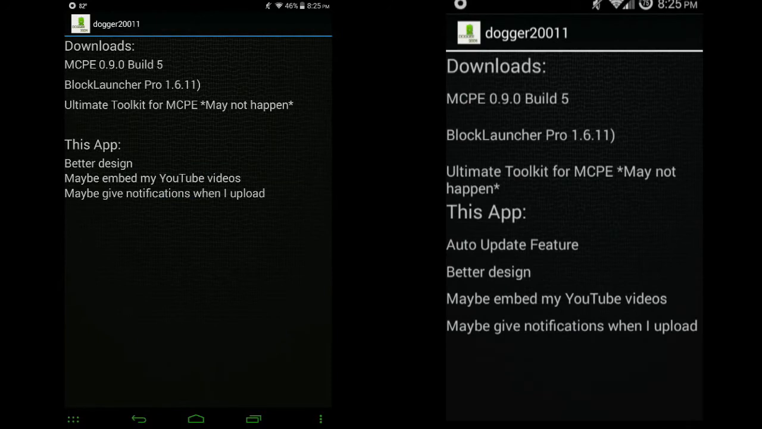Alright, so my phone here is on the older build right now, so I'm going to be going over what the Nexus says. Or my tablet, whatever. I keep saying Nexus because that's what I usually call it, but you guys know what I mean. Anyways, so here it says at the top, download. So these are the downloads I'll be adding soon. On the top of the list is MCPE 0.9.0 build 5. I added that, even though it's not released yet, because I will be adding it soon. Just not released yet. So Block Launcher Pro 1.6.11,